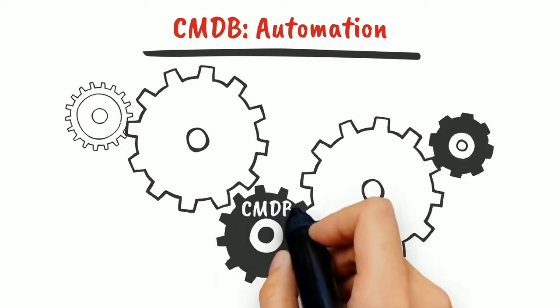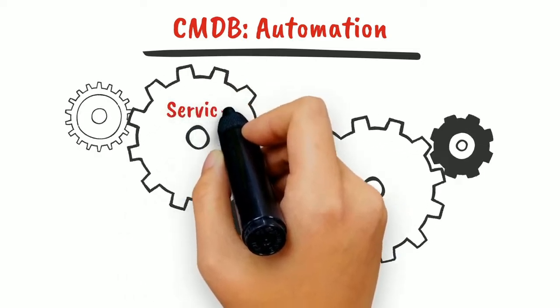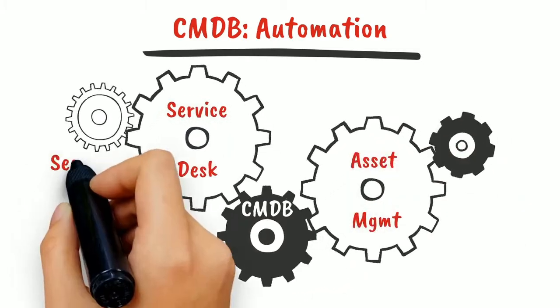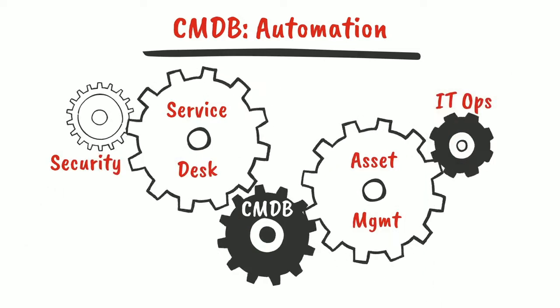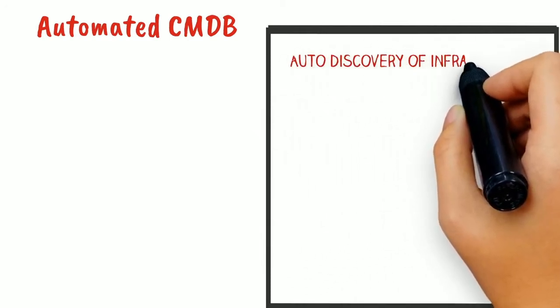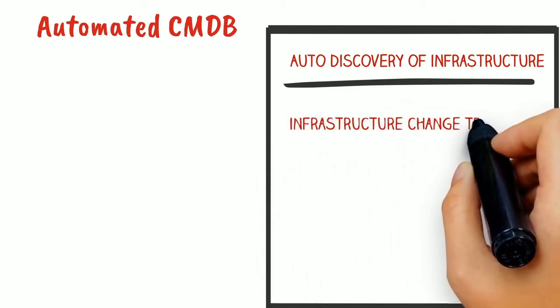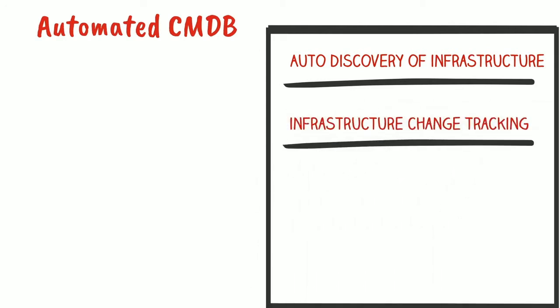The CMDB is a critical cog in a configuration management system, and it provides IT operations the ability to provide an excellent level of service to the rest of the organization. What can an automated CMDB accomplish for your organization? By using automated discovery to continuously inspect, update, and report on your environment, your inventory tracking is always up to date. By detecting all the changes in your IT infrastructure, only authorized changes will be implemented, while unauthorized changes can